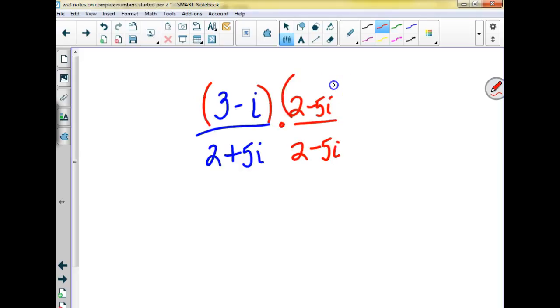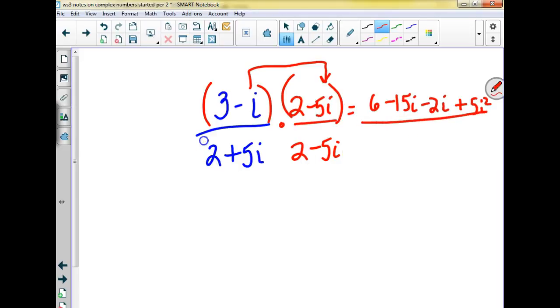Anybody want to FOIL the top together for me? 6. Plus, be careful, plus 5i squared, right? All right. The denominator,